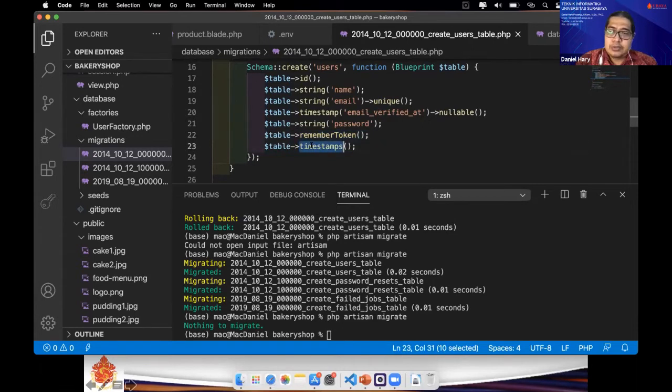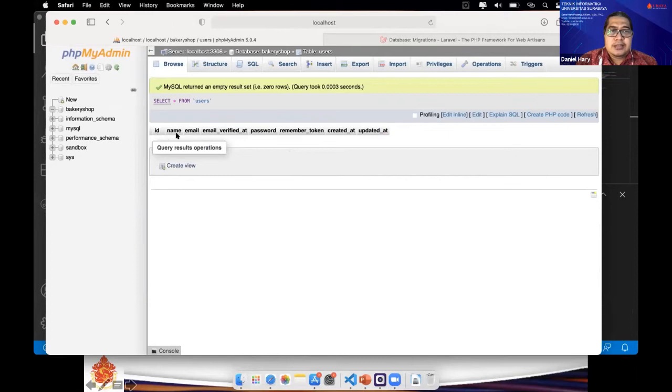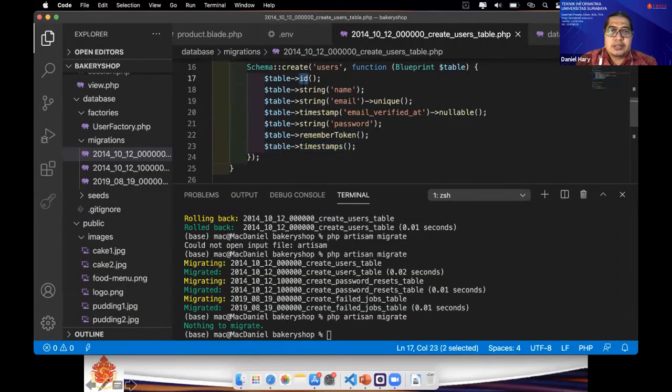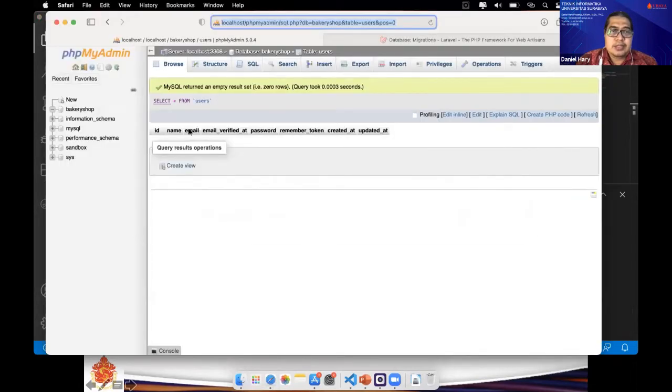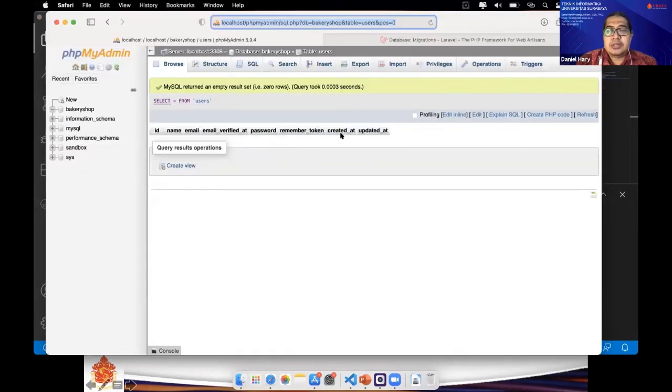Timestamps will create two fields. We can see it in our users table, this one: ID, and then name, email verified, password, remember token, and then timestamps. It's just one timestamps call, but in the database there are two fields, created_at and updated_at. These fields will be automatically filled with a date value when there is new data.